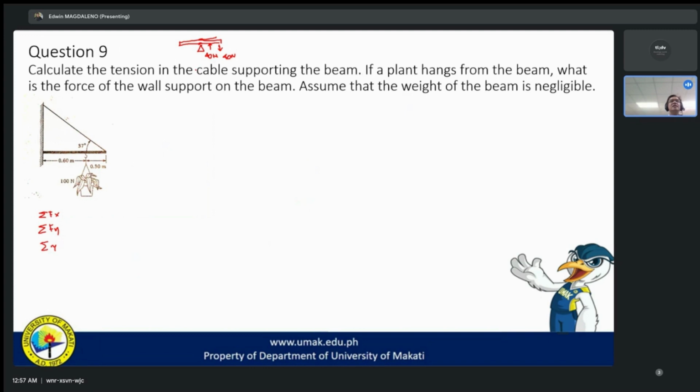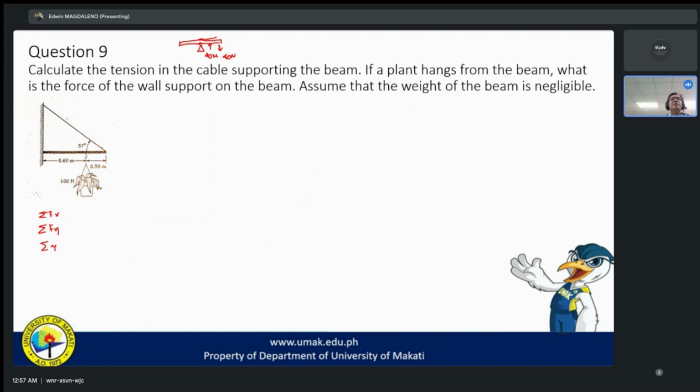But the distance from the fulcrum has an effect. It has an effect on the torque. Same ang mass nila or same ang weight nila. Magkaiba sila ng distance from the fulcrum and pares lang on one side. That will cause an unbalanced torque, which in this case will cause motion. Kung ito nilagyan natin 20 Newton, pwede pa. Mag-balance pa rin siya. Pero dito, hindi siya balance. Okay. Now, to solve for this problem,